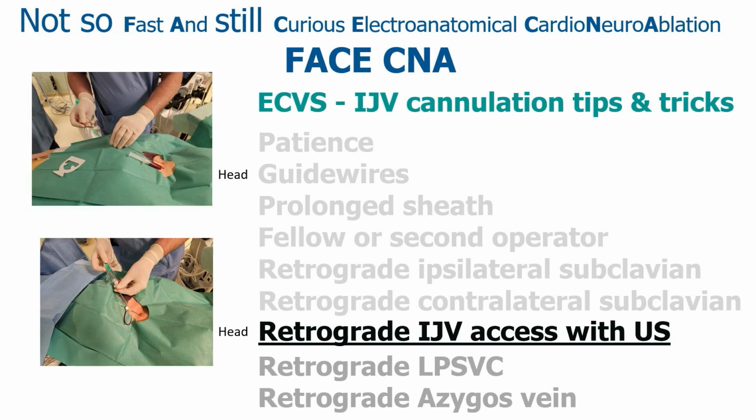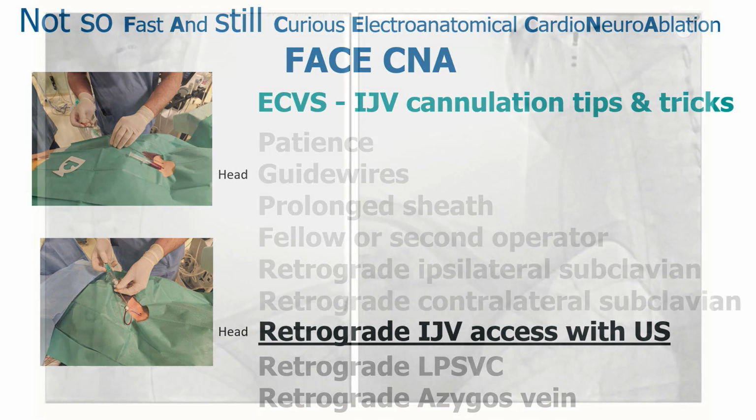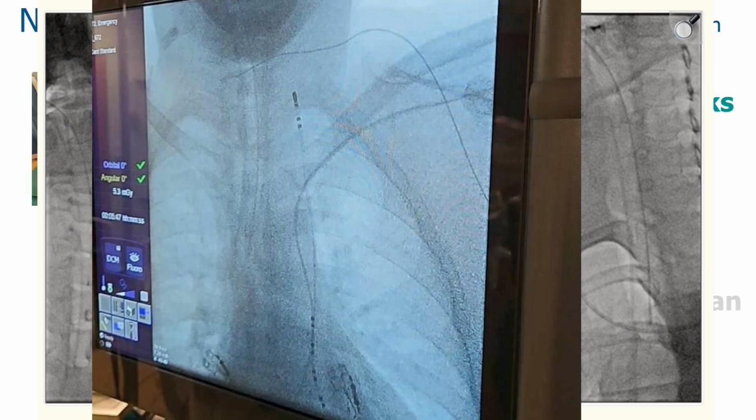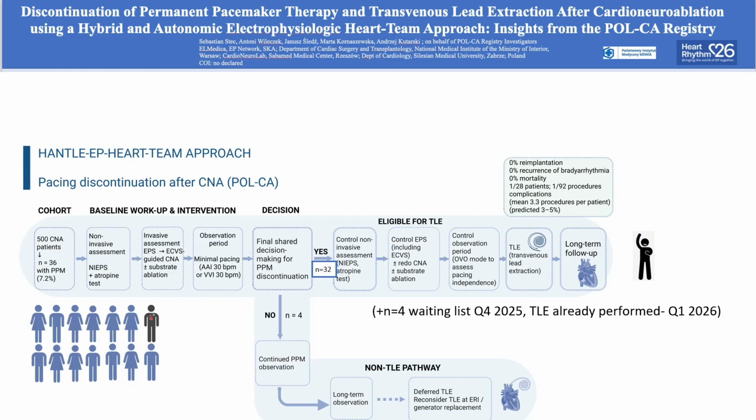Another trick is to use retrograde vagal nerve internal jugular vein cannulation using ultrasonography, and we found it very needed in 5 cases, especially if you have a blockage or interruption between the superior vena cava, brachiocephalic vein, or subclavian. But of course, you can use unilateral access from the subclavian. You can use it from the opposite side, contralateral, and sometimes through a persistent left-sided superior vena cava. So you have other tricks from this experience.